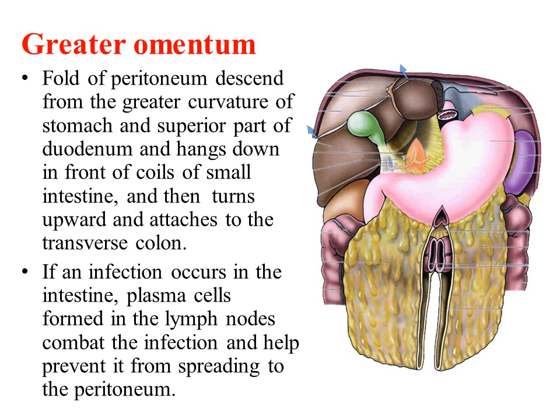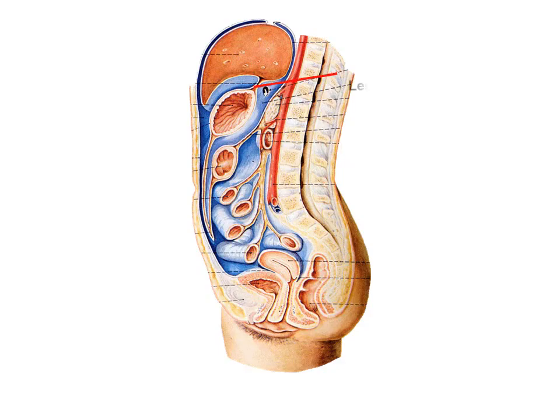You can see in this picture, on the right of the screen, this structure hanging from the greater curvature of the stomach. This is the greater omentum, and it has two folds. Here, this is the lesser omentum, and this is the greater omentum from